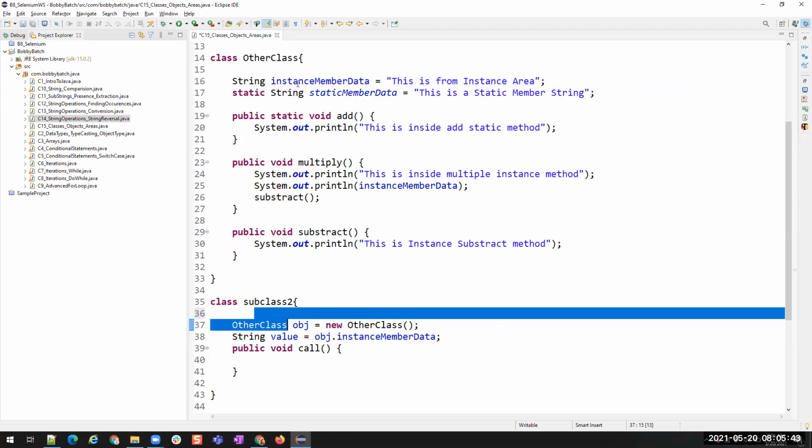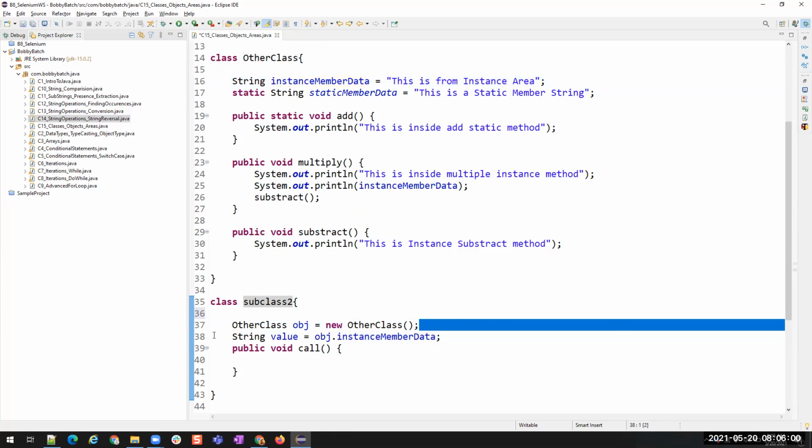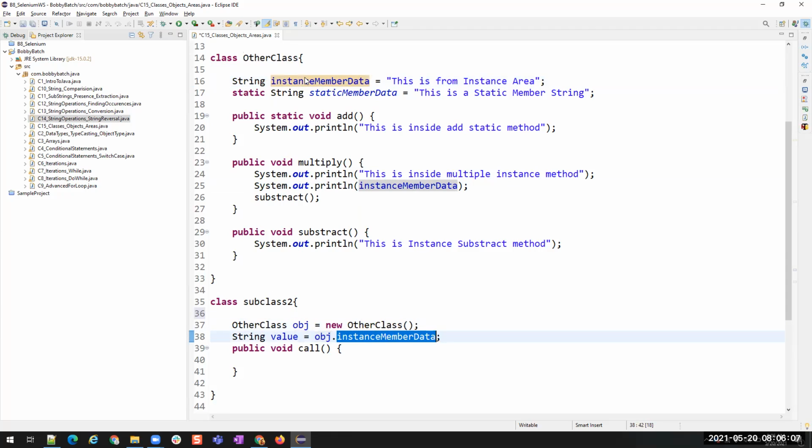If this is an instance member and this is also an instance member in the same class, then I'll be able to access this variable directly here. But if I want to access this instance member in the instance area of another class, then I have to create an object, and via that object I should be able to access this member.